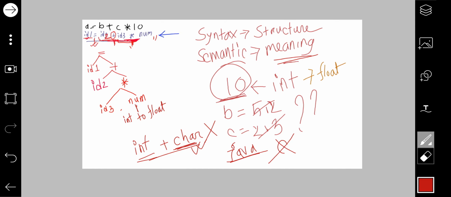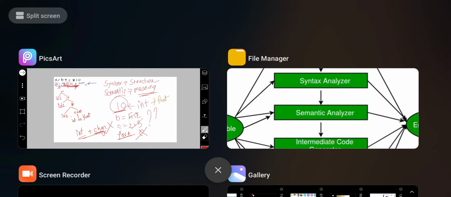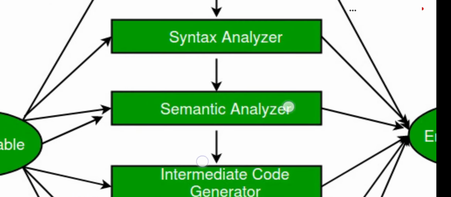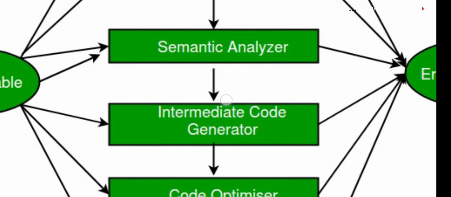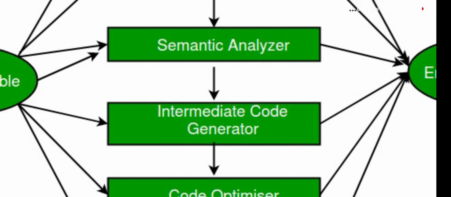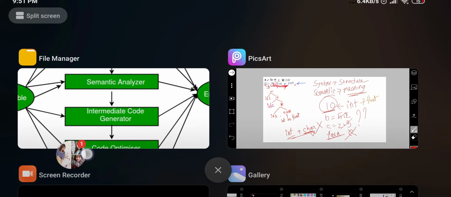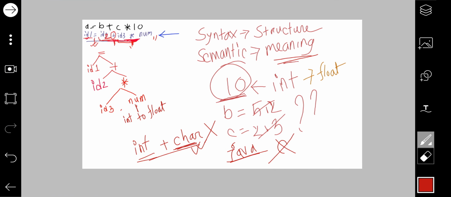Okay. Next, after the semantic analyzer, we will have the intermediate code generator. Intermediate code is neither totally higher level nor totally lower level. It is nearer to the higher level and also nearer to the machine level, so it is understood by the programmer and also by the computer.